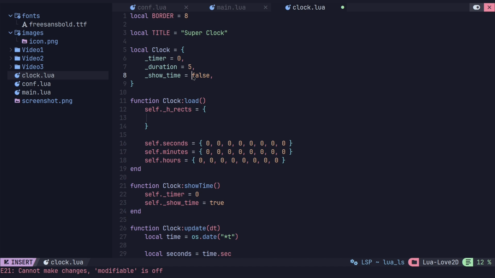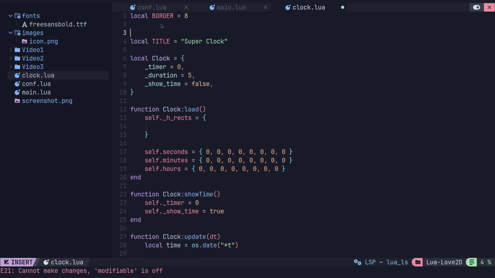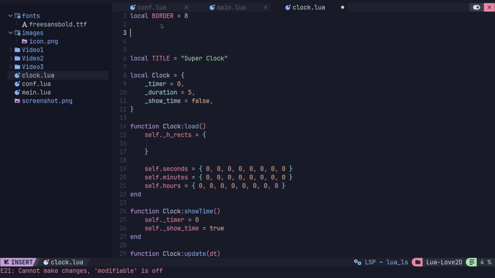We also need not the size of the rectangle, but kind of the size of the rectangle plus the size of the border, so that the next rectangle drawn has its own little border. So I'm going to combine the size of what I think of as my digit with the border to call that just size together, so that I always have this kind of border thing happening. Because this border is only happening on one side. Imagine this, like if I have